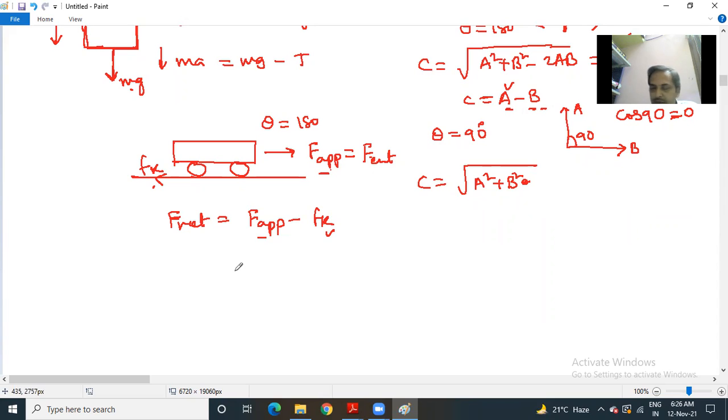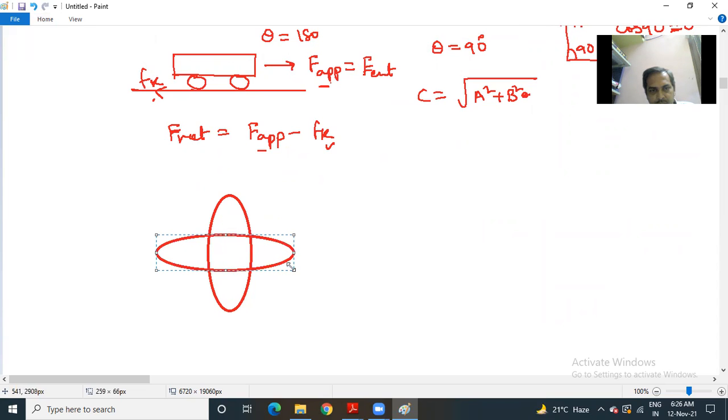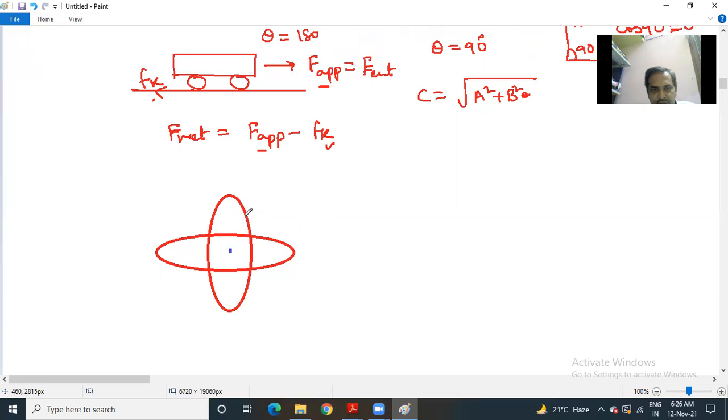Even in moving charges and magnetism, I'll give you one example. So there will be a numerical like this. This is one coil. Perpendicular to this, there will be another coil. Both are having a common center. So due to the flow of the same current, maybe clockwise or anti-clockwise, the fields will be perpendicular to each other. You assume in the three-dimensional plane. If fields are perpendicular, means what? Vectors are perpendicular. So the angle between the two fields is 90.